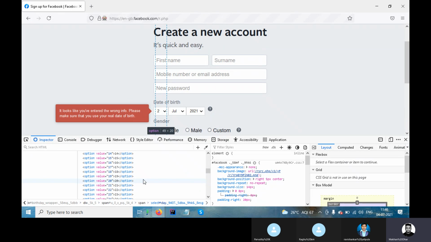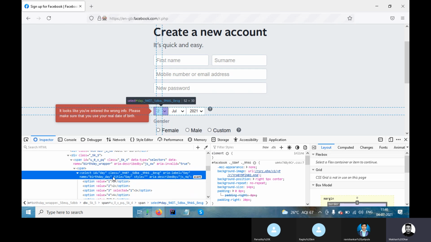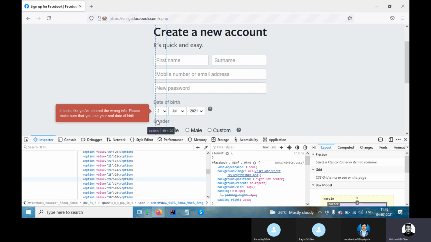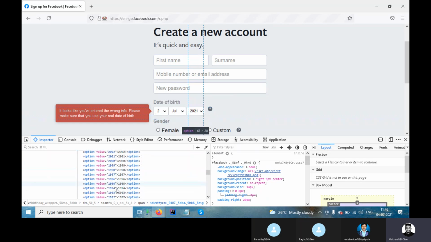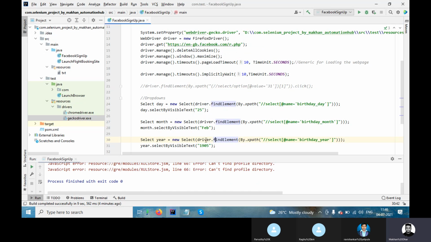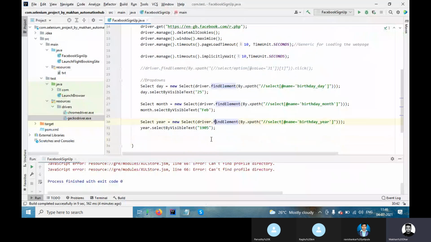So take this kind of application only, where you can see all the values available in the drop down. If I select here and expand this, I will get the list of values. If you get this kind of page, then only you will be able to interact with the Select class. Otherwise you can't. So this is the drop down.